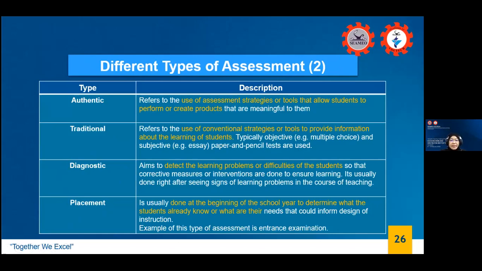Is that clear? Here, if you notice, under the placement, the type of assessment is entrance examination. If it is entrance, it has to be at college level, something already in place, where it's not the teacher that will conduct the placement, but something in the administration, so they can put the student into the right grouping where they should be.